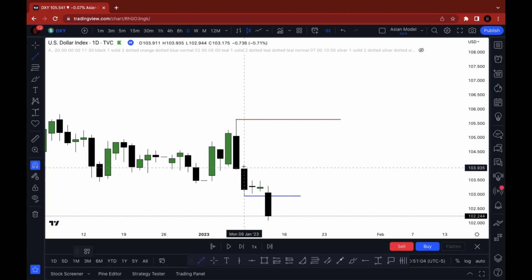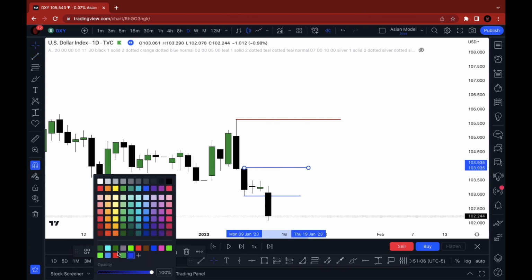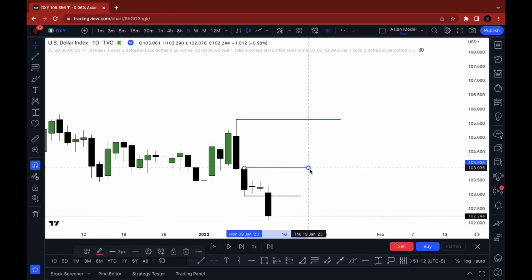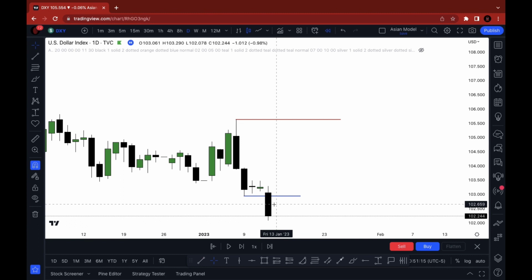So I'll draw that out for you guys to see. I don't want to see the high broken. It makes it less favorable for me. If I see the high broken, then the low broken, I will move on and look at another pair instead. But once I see this happen, third candle's low broken by this candle here, this candle becomes the high probability